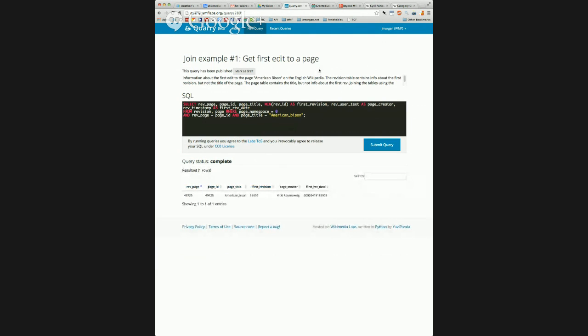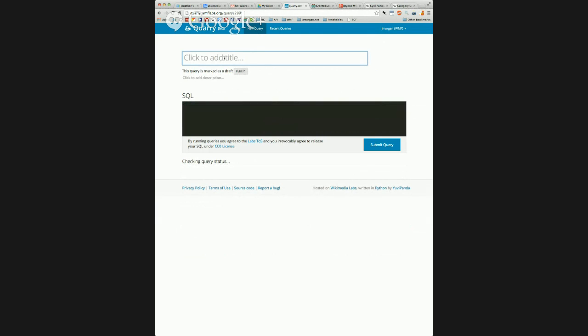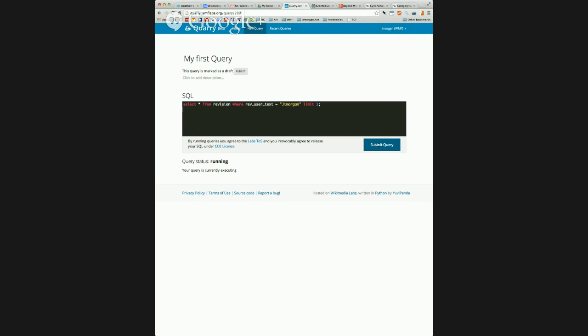So the query interface looks like this. If I create a new query, it's blank here, and I can say my first query, and I can write MySQL here. This is a MySQL statement, and I'm asking for a single revision from English Wikipedia that was done by user JT Morgan. And now I'm running my query,